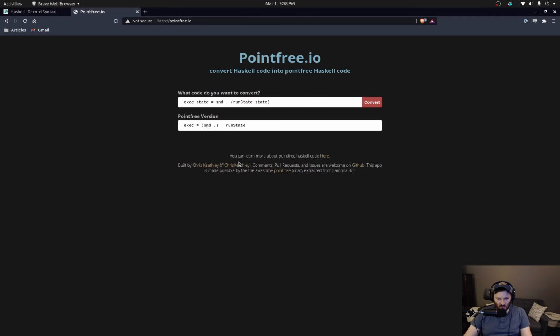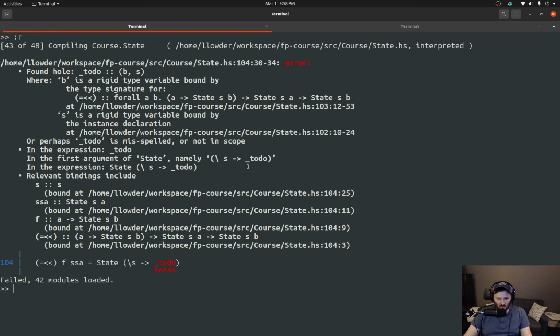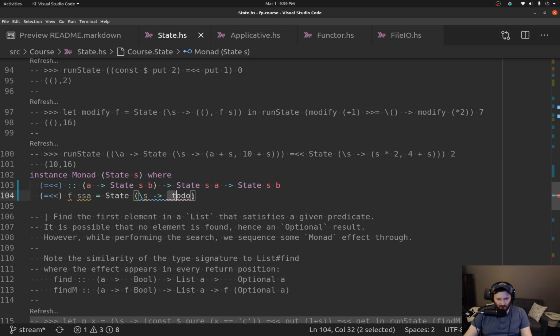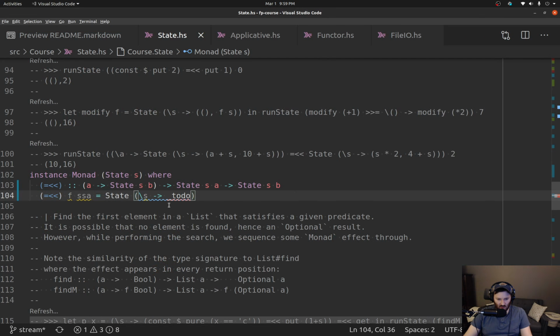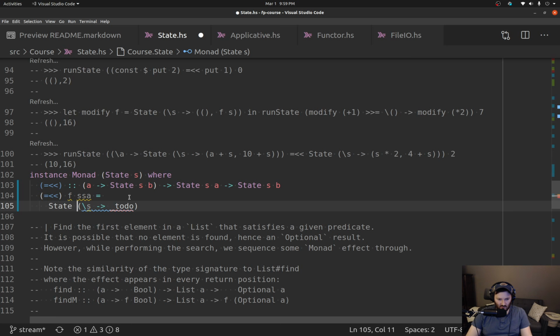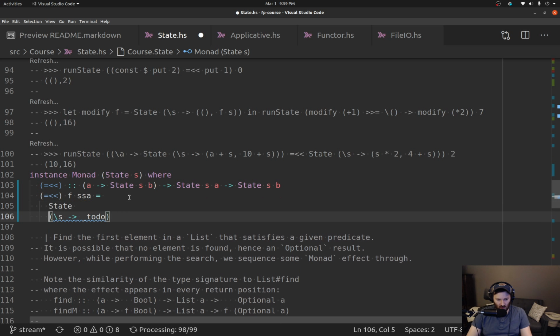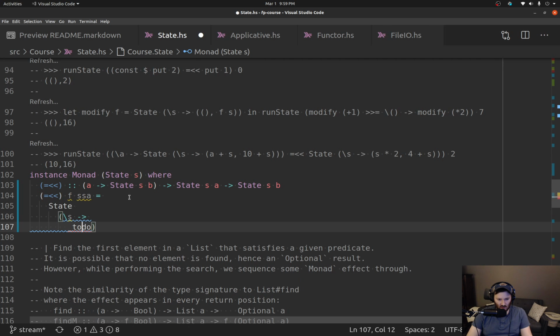So I need to return a BS like usual. How can I get a B? Well, from this F function. But how do I do that? I need some A to pass to the F function, and that's buried in here. So I think I'm going to take a page out of my applicative instance, and say,